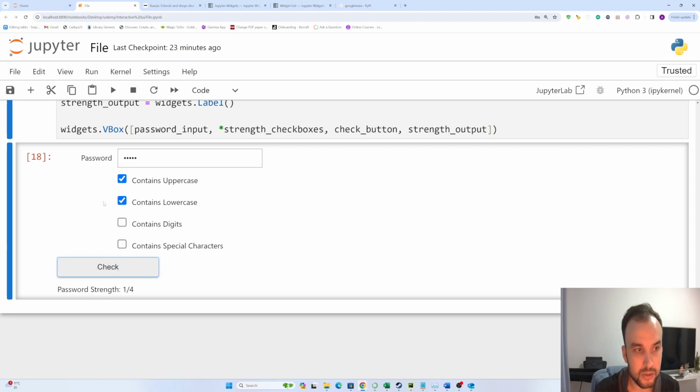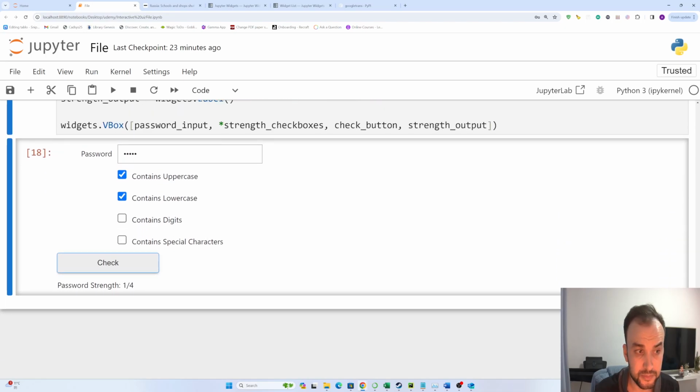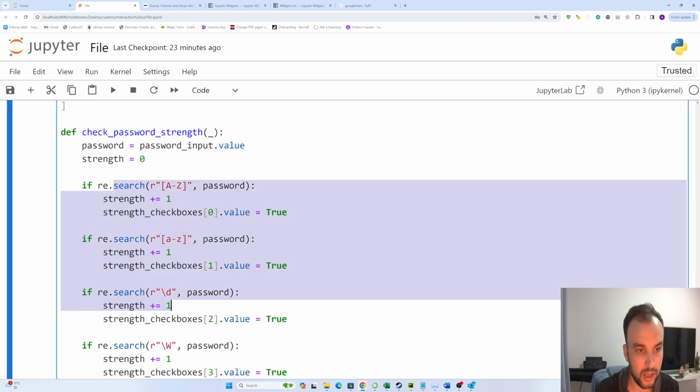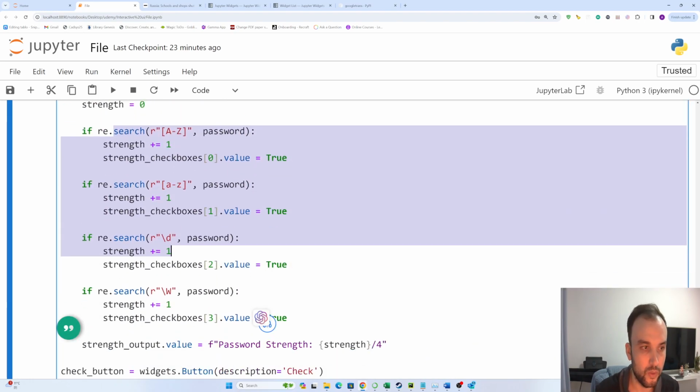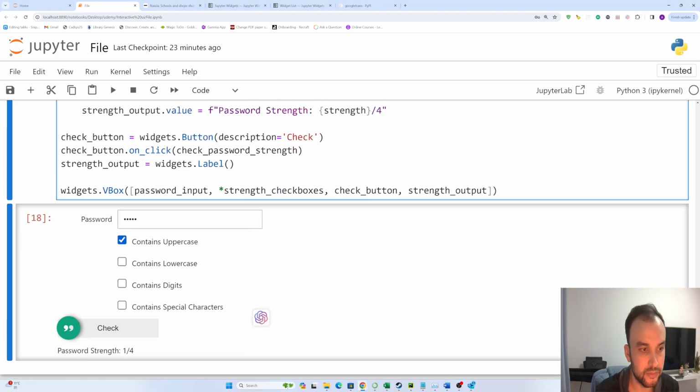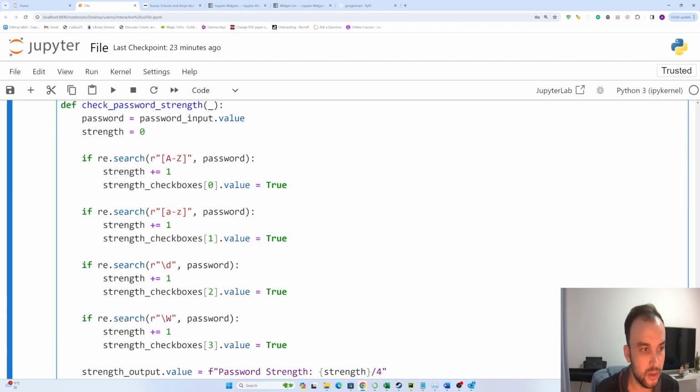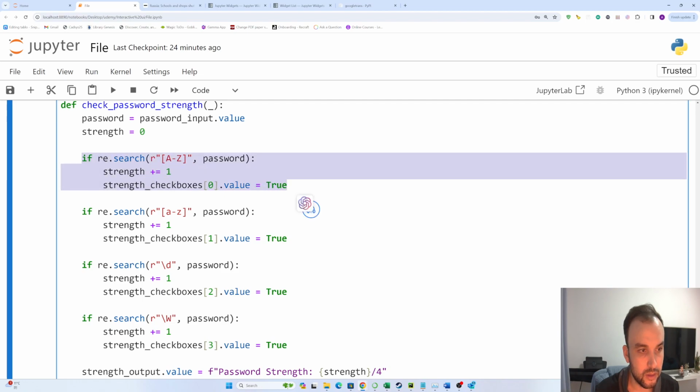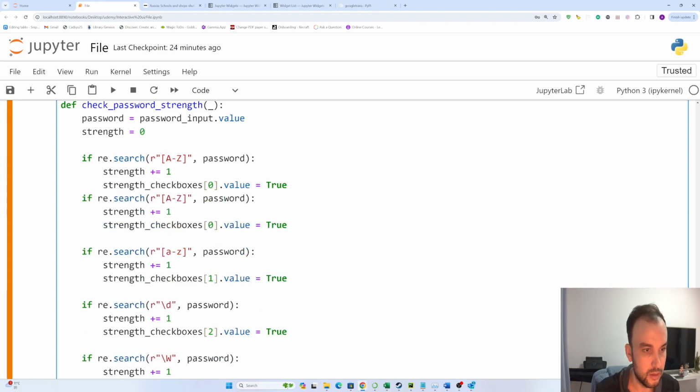but the problem is, we can solve that problem now. In my password, we don't have lowercase, but here lowercase is not unchecked, because in our code we just have checked type, we don't make the checkboxes unchecked. So how to solve that problem? For example, here, when we have this one, we can add